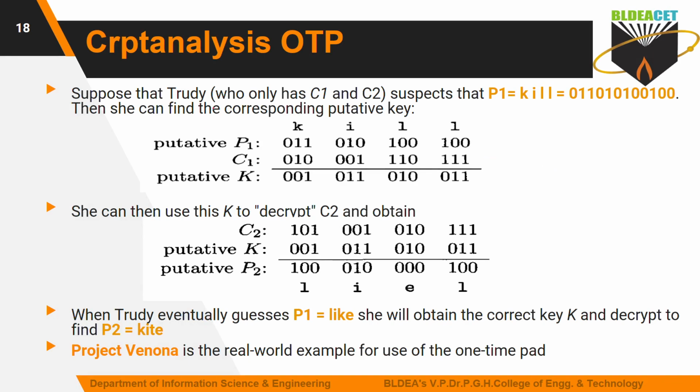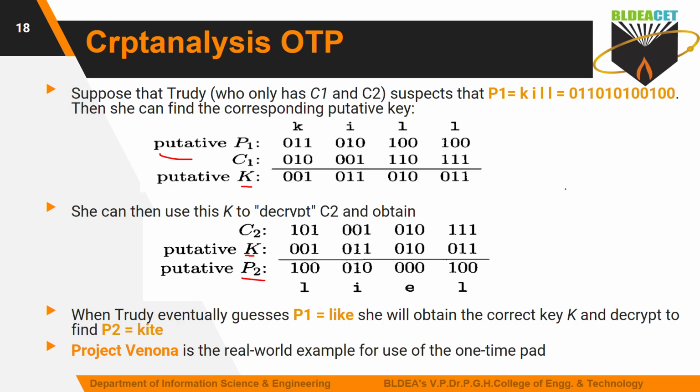This is one of the trial and error methods, and using this putative method, they will try to guess the key. With the help of the key, they try to guess the next text, because the same key is used to encrypt both plain texts. If you use that method, the procedure is called a depth, and if you are using depth, then you can easily guess the plain text. This is one of the drawbacks of the OTP.